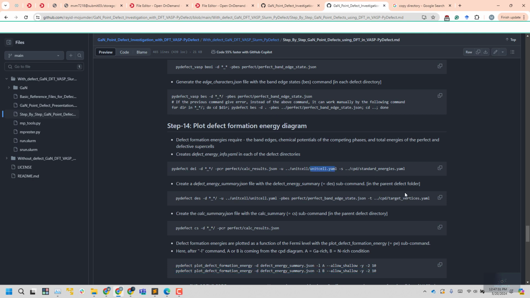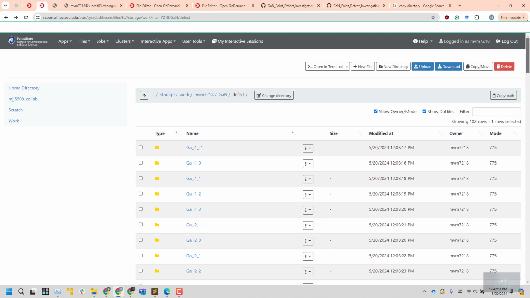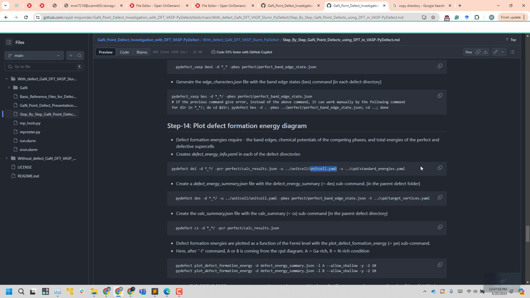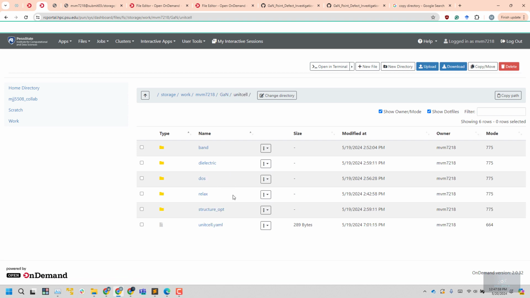So if you want to do the HSE limit, all you need to do is hard code it. You just manually change the valence band maximum and conduction band minimum points in the unitcell.yml file. What that means is that before running this command, if you want to see the HSE limit, let me just go to my unitcell file and